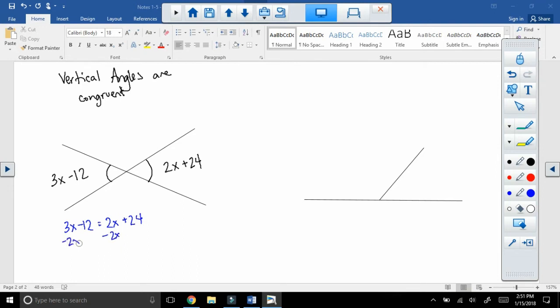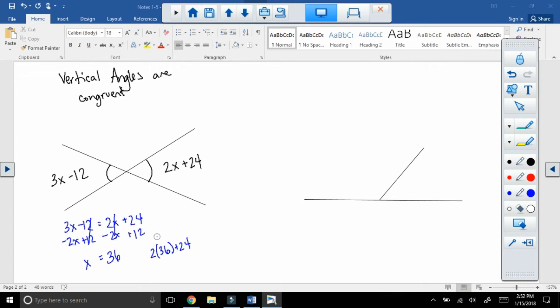So solving for x here, I'm going to subtract 2x from each side and add 12. If I do this too fast and you need to pause it, go ahead and do that so that you're not bored with the algebra work or the algebra work goes too fast. Okay, so that's what x is. If I did have to answer the question for like how many degrees those angles are, I could always take that and plug it back in. Just remember that things don't have to be drawn to scale. If I take this and plug it in, 2 times 36 plus 24,